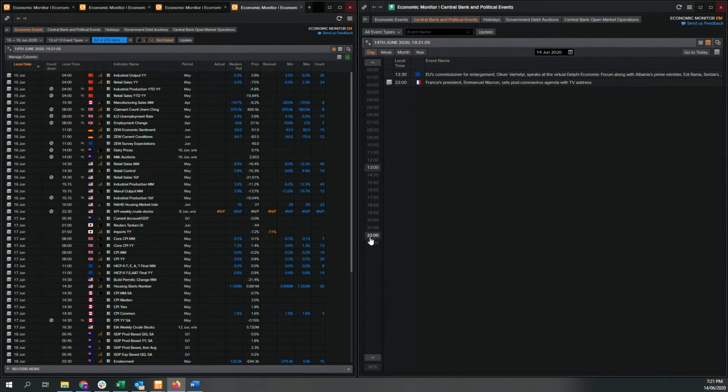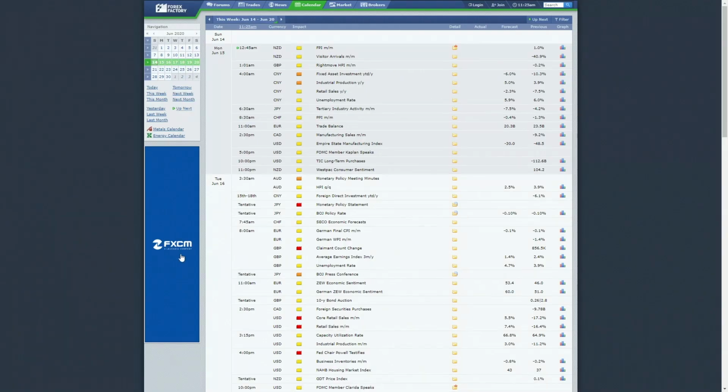I use the Zenith calendar on a daily basis, but I also go through the Forex Factory one from time to time, making sure whether there's anything extra or significant that I might have missed. So absolutely nothing wrong with using the Forex Factory calendar, and it would be a calendar that I would recommend any new traders use if they don't have Zenith, because it's very user friendly. So let's just pop over to the Forex Factory calendar.